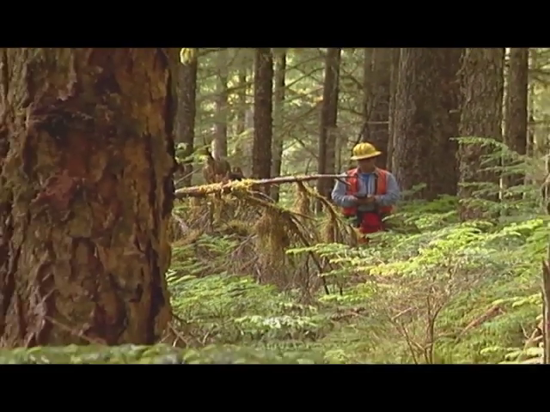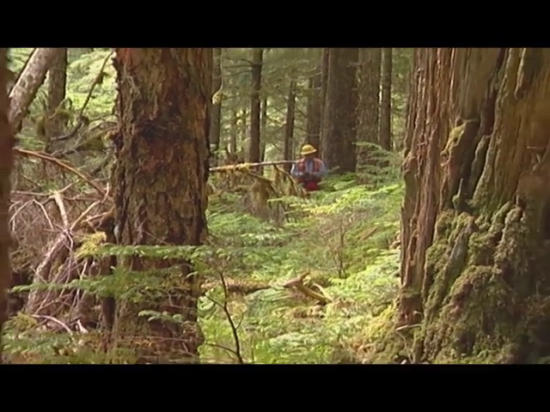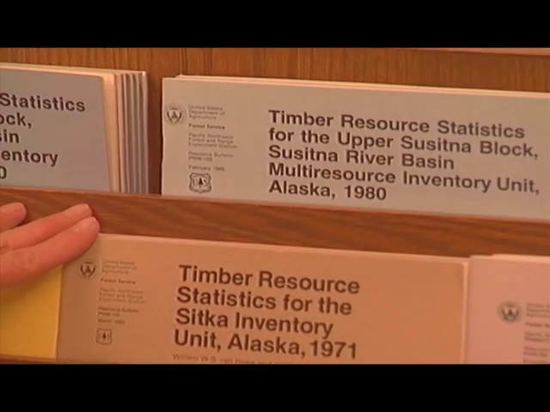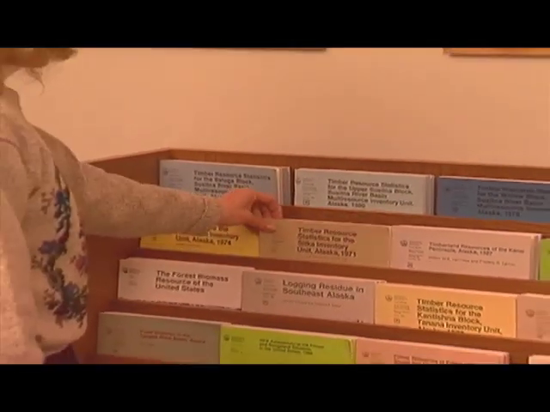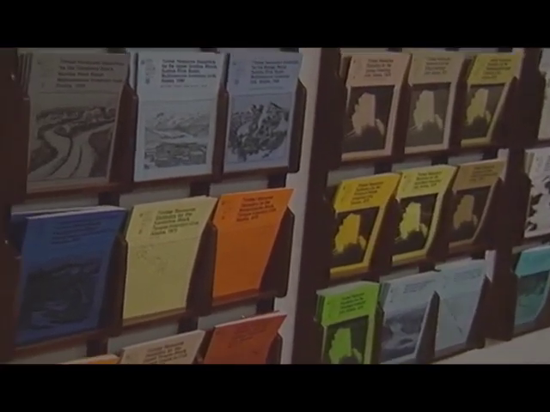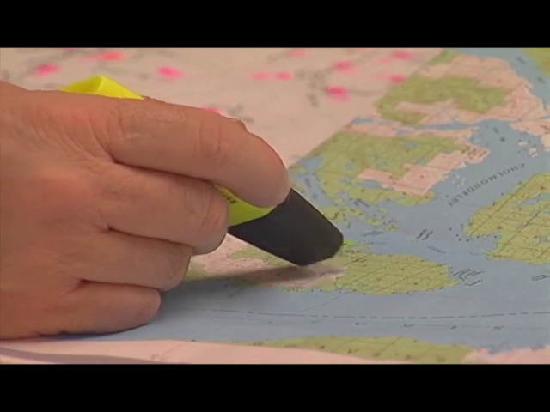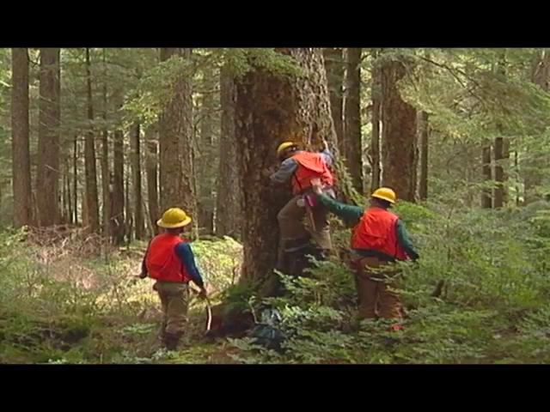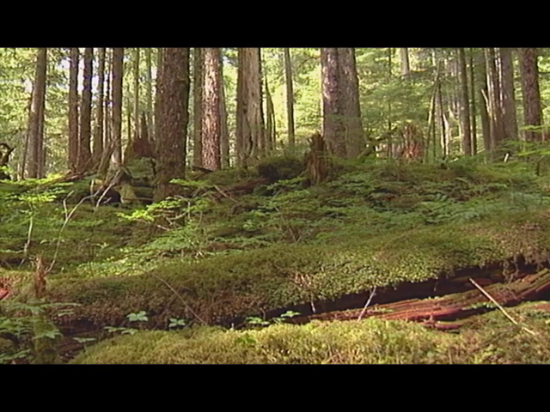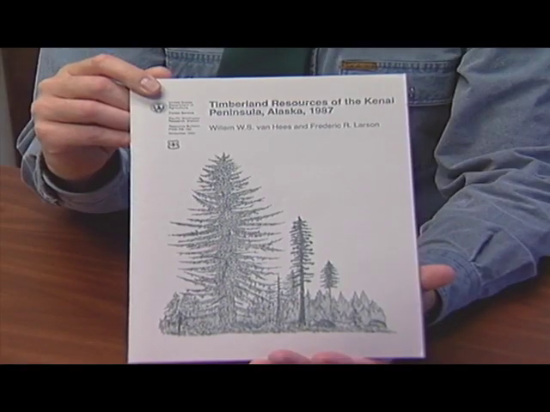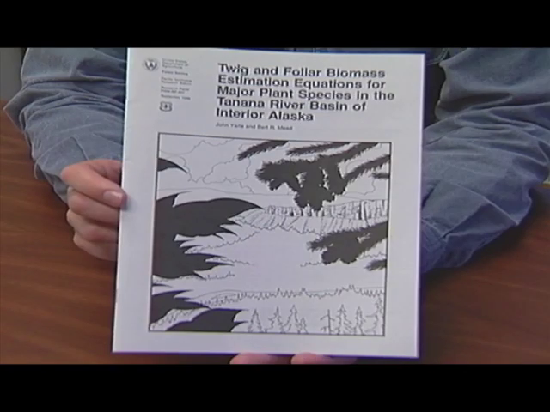The data that is collected from both the field inventories and remote sensing is entered into a database where it is compiled and used to provide information to Congress, land managers, and the public. The many reports that are created from this information are used to help in making decisions regarding the management of our lands. Information such as the volume of the timber resource, the health of a forest, the accessibility of the resource, vegetation growth rates, and many other types of information all can help in the decision-making process.